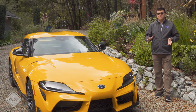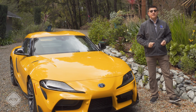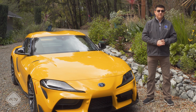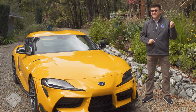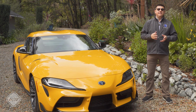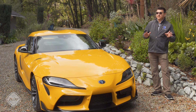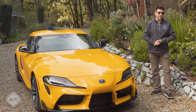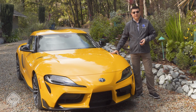This is a trend that we're not just going to be seeing with vehicles like the Supra or the 86 or the Mazda Miata, but also with more mainstream EVs. General Motors and Honda have recently inked a deal where General Motors will be building Honda and Acura electric vehicles in their factory, and you can expect additional tie-ups between Toyota and perhaps Mazda, Toyota and perhaps Subaru in the future. Bottom line, even though the Supra certainly has an awful lot of German DNA going on under the skin,